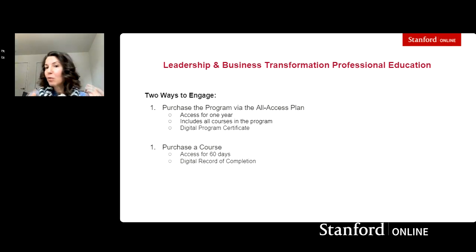So for whatever you complete, you're going to get some sort of digital certificate at the end, record of completion or certificate. But it's about what you want to learn. It's about how much time you have, as Pax said, which I think is a real thing. How much time do I have to learn this new skill? So a couple of ways to engage there.